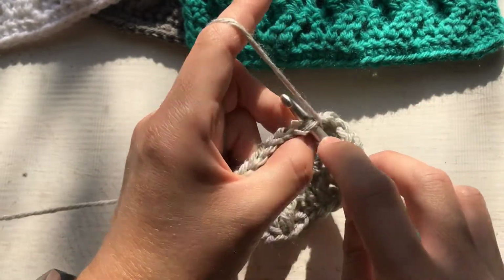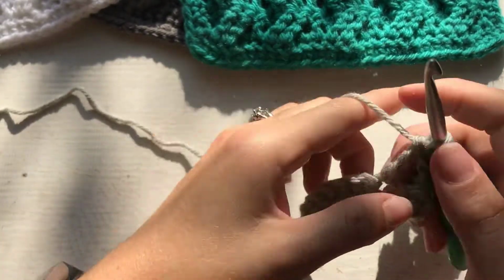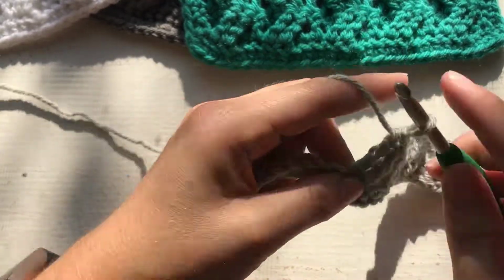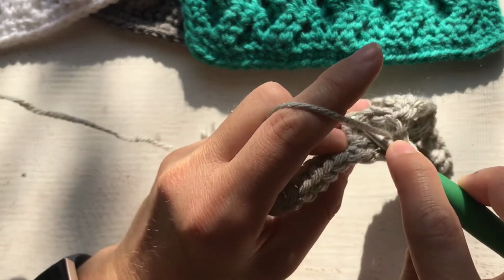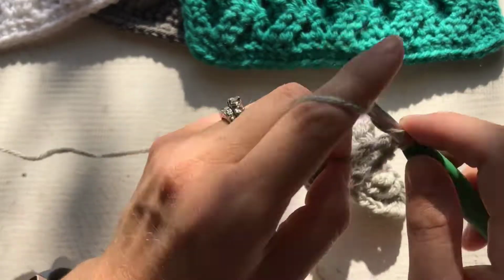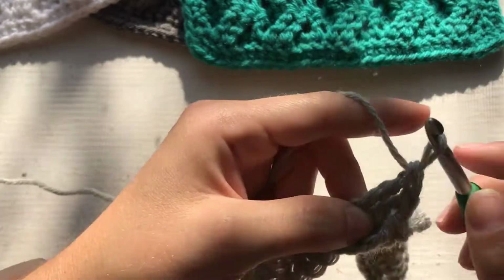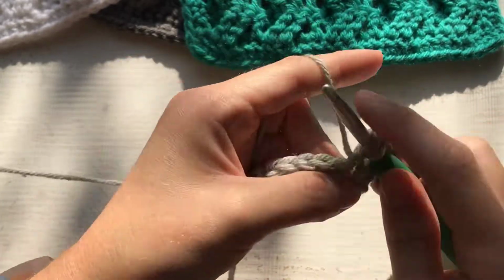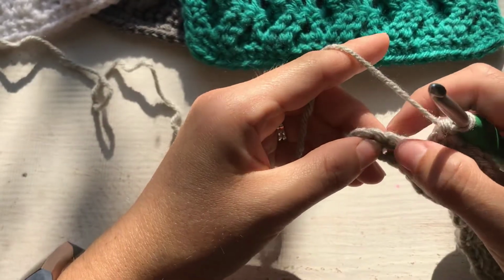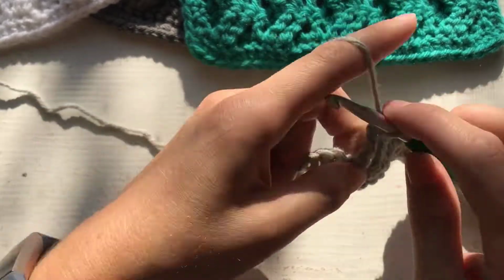And then treble crochet, skip 2 stitches, treble crochet in 2 stitches. This is the same technique you're repeating across. Going behind, treble crochet in those 2 skipped stitches, the first one, then the second one. Double crochet. Skip 2 stitches, treble crochet in 2 stitches,